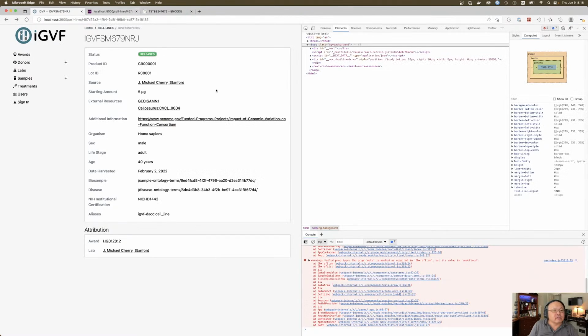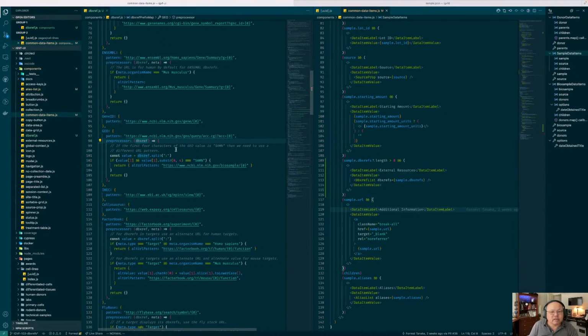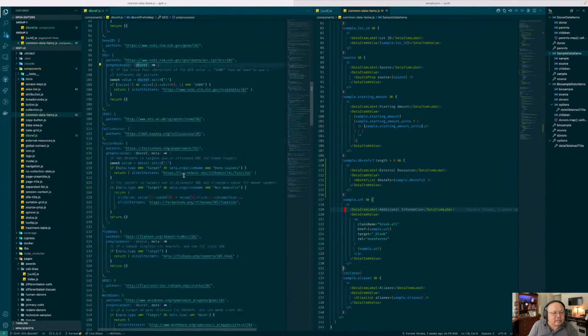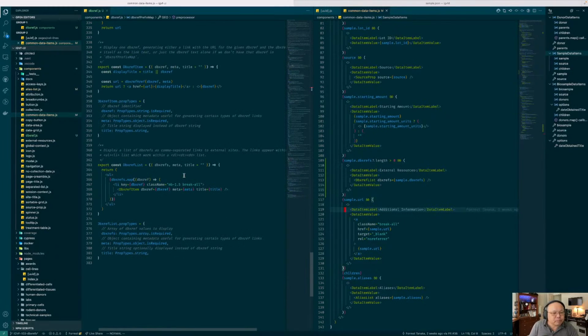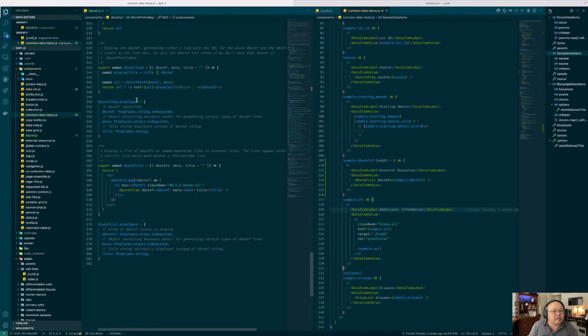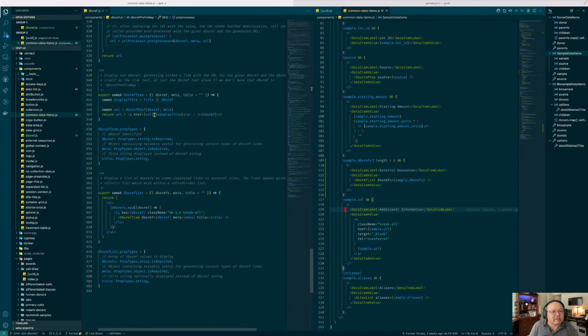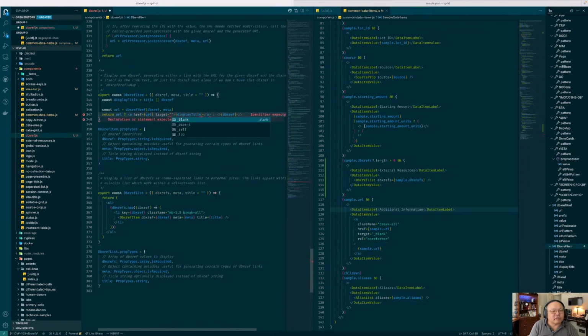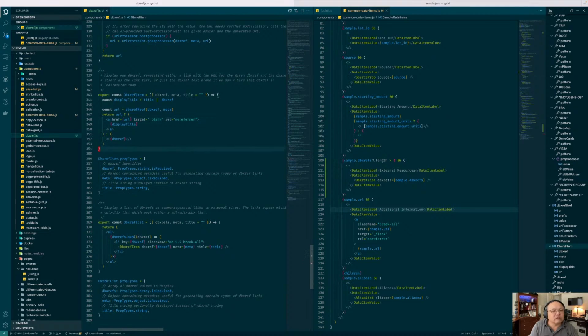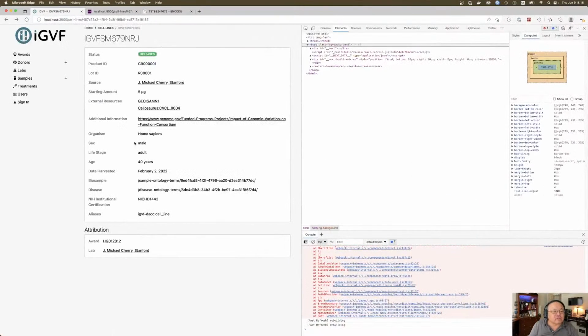Yep. I should probably make these dbxref items. Yeah, I should probably make these target equals blank. I think more people would prefer that. Rel equals noreferrer. Yeah, so let's try that. Okay,